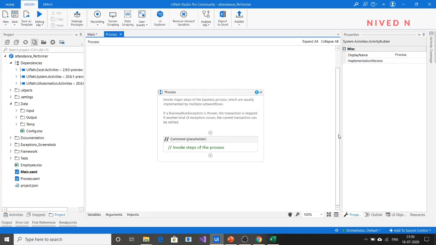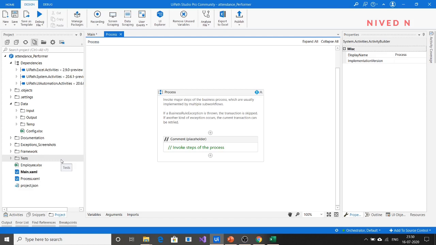What do the two sequences do? The first sequence will retrieve the transaction item and analyze each employee's attendance details, calculating the total number of present days, total number of absent days, total number of null values, and the percentage. And in the next sequence, we have to input all these values into that sheet corresponding to each employee's name. So that is what we have to do in the process state.